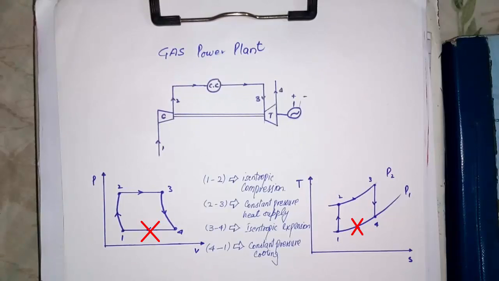You might be thinking, how do we compress the air in the compressor without any power source? Actually, compressor, gas turbine and generator are all mounted on the single shaft. First time, the compressor's blades are moved with the help of a motor known as the prime mover. But once the hot gases reach the gas turbine, then the gas turbine is responsible for the power to rotate the compressor's blades as well as the generator's coil.